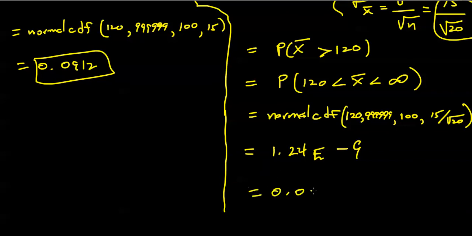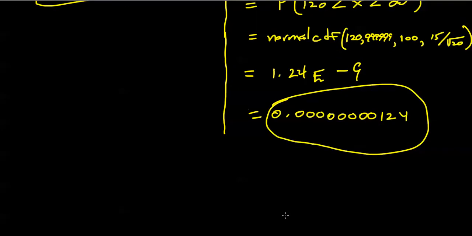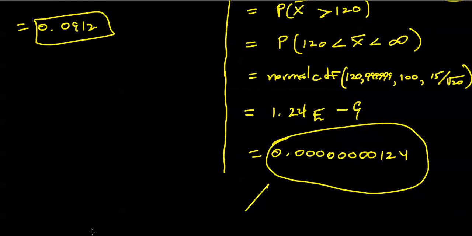And if you want to write this in decimal notation instead of scientific notation, it's 124 with 8 zeros between the decimal point and the 1. And certainly part A is greater than part B. It's less likely to be in extreme ranges or even above average ranges when you're talking about sample means. Let me write that down. If I compare both of these values,